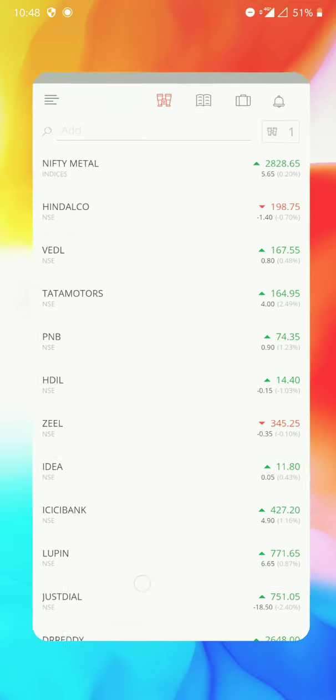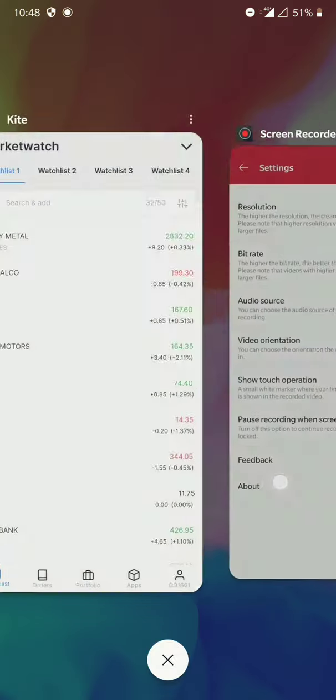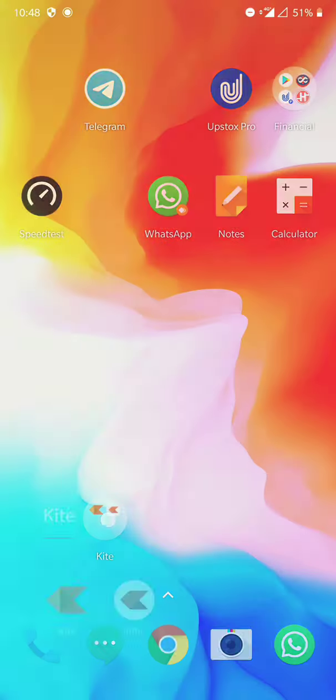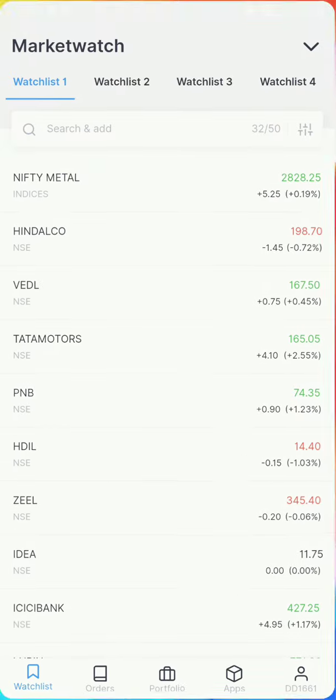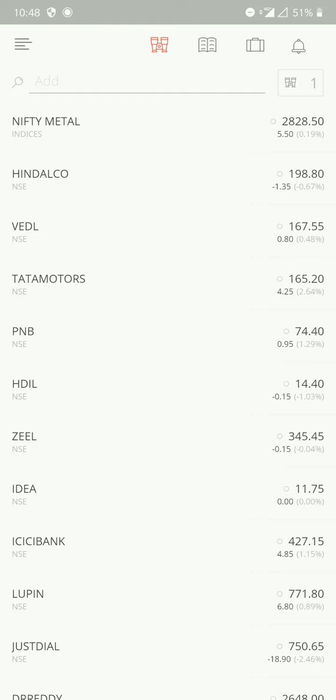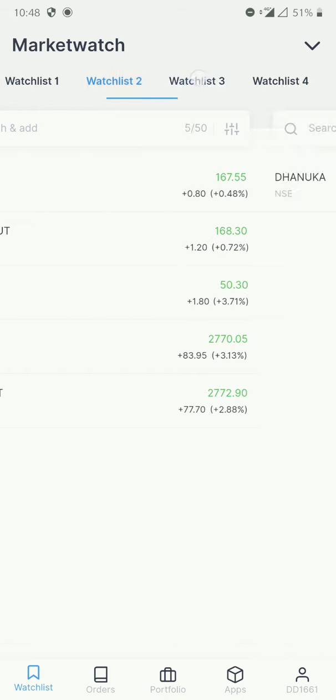So now going on to the new version, Kite 3. This is 2, this is 3. If you see the user interface, the overall look, everything has been changed, and as per my experience, Kite 3 is faster. That's the reason they have built it, of course. But when I'm using it, I felt it is faster and lighter. So when you click, things are opening smooth and fast.